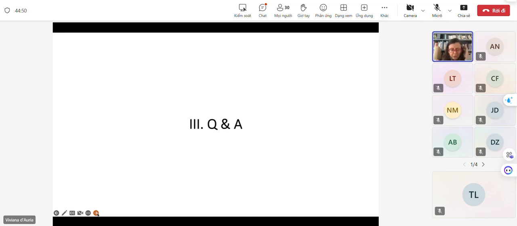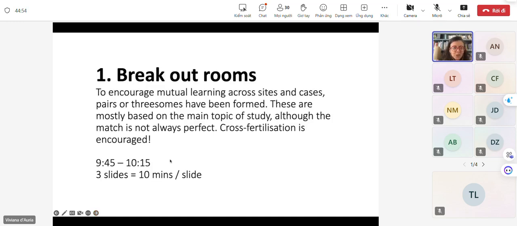Okay, we can try to have time for questions also later on. Now let's see if we manage to have these breakout rooms. So the breakout rooms are basically going to be the equivalent of when you sit in spaces together and start working on each other's or looking at each other's case together. So I have some pairs that I formed, and I'm going to try and see if the breakout room works. The idea is that then you would have half an hour, so don't worry about the time.